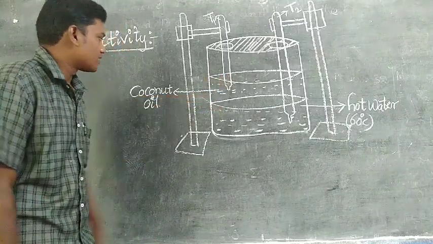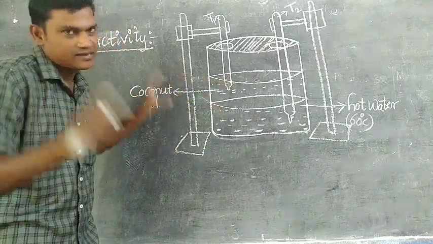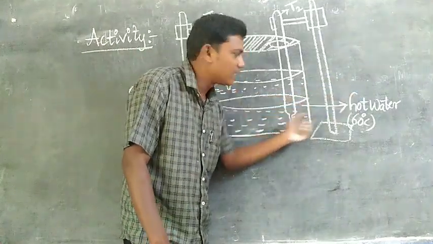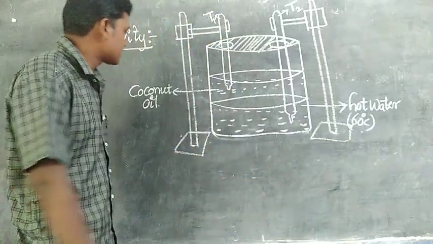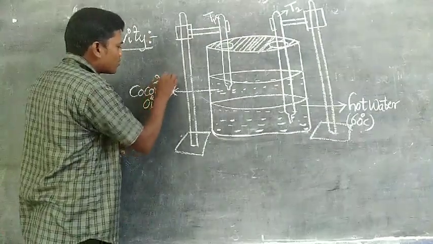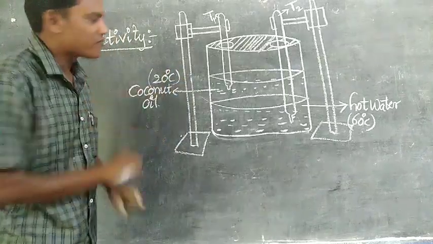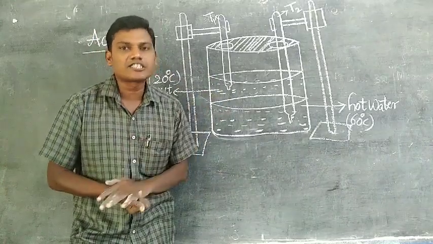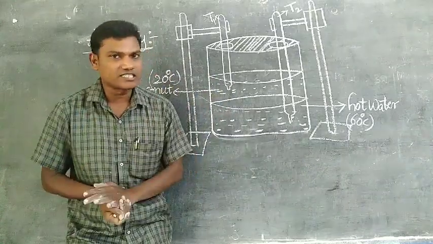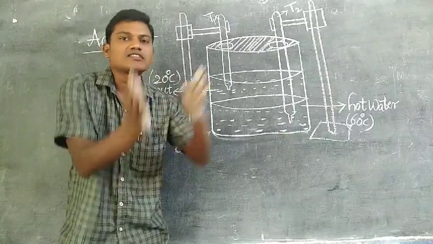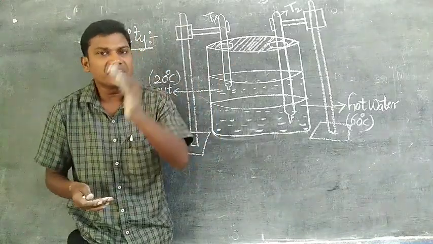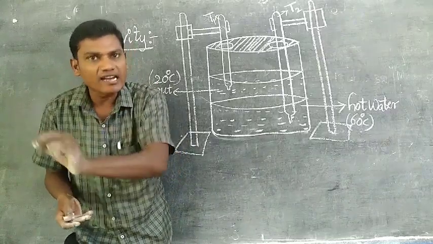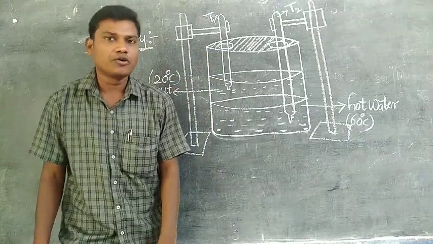Now here we observe that the coconut oil is initially not heated; it is at room temperature, while we take hot water at the bottom of the vessel. What is the oil's temperature? 20 degrees Celsius. Just for your understanding, we consider coconut oil at room temperature to be 20 degrees Celsius. According to the heat energy concept, heat is a form of energy. It causes the sensation of hotness or coldness of an object, and heat energy is always transferred from a body at higher temperature to a body at lower temperature.